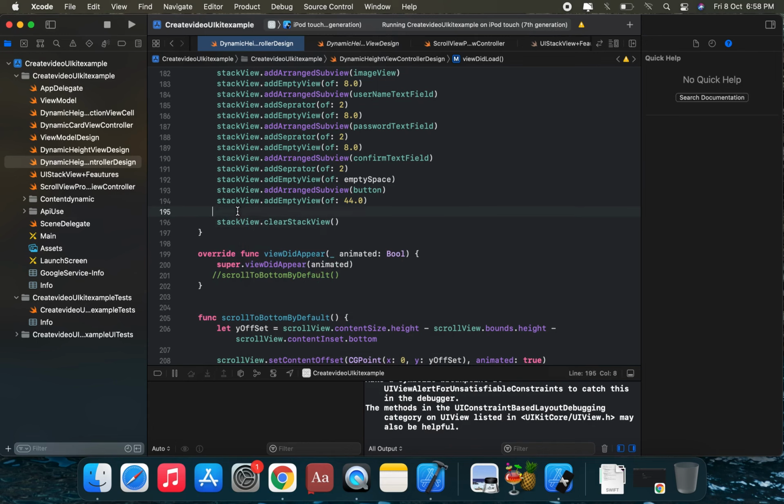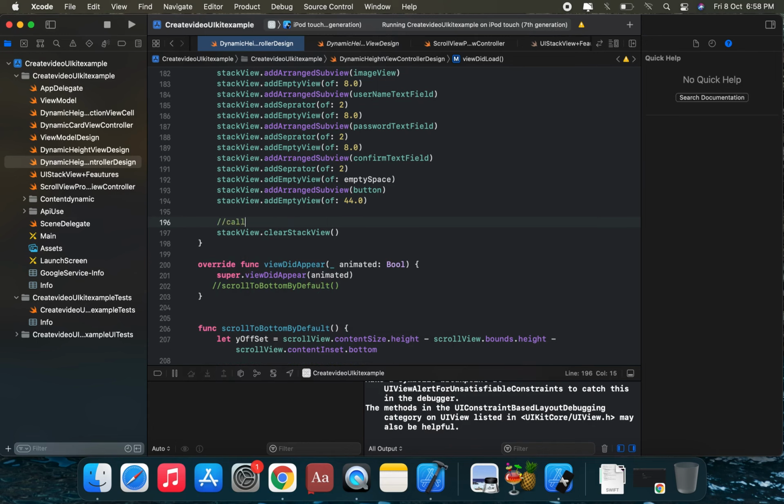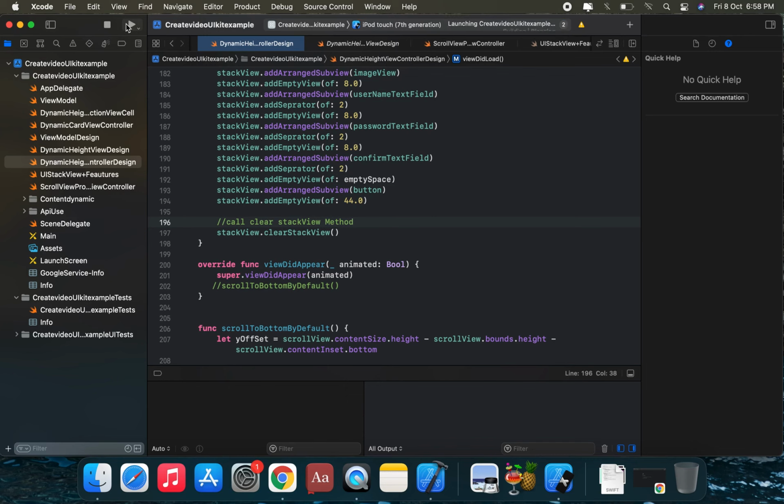Okay, this is the call to the clearStackView method. So we run this application and check the clearStackView method.